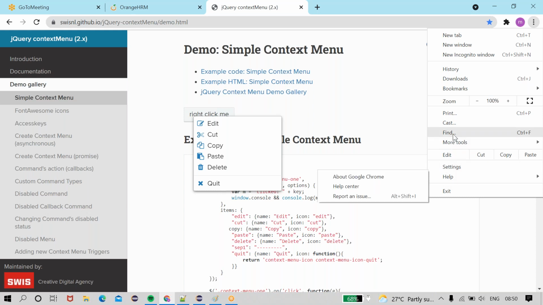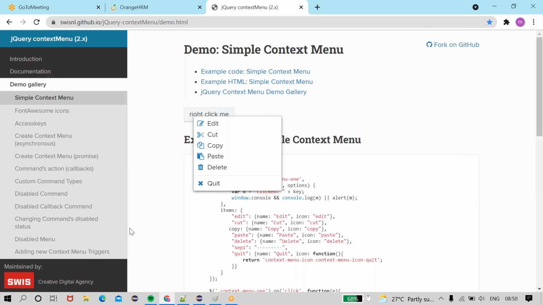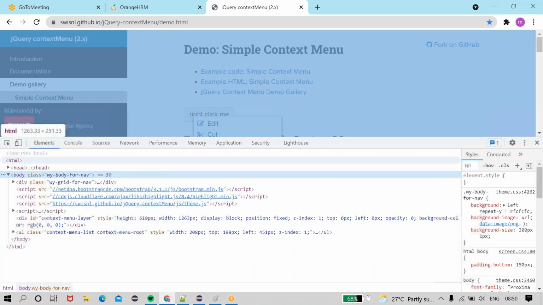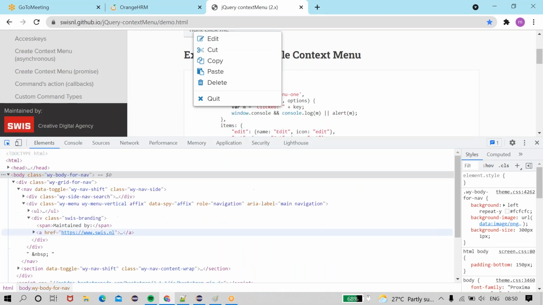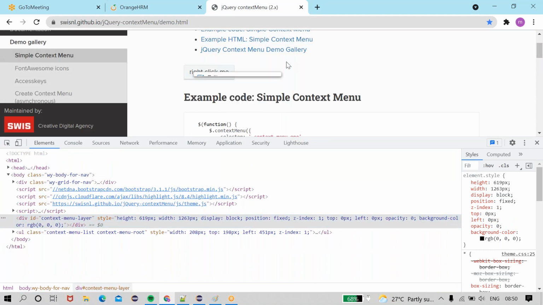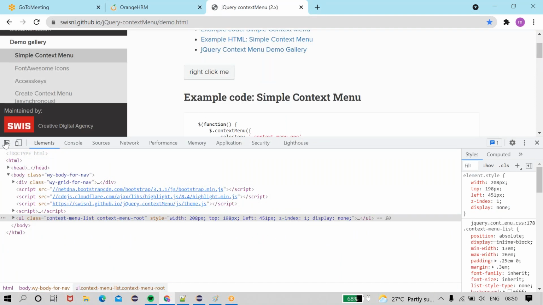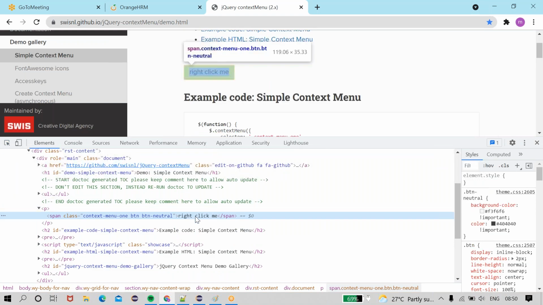One second, Google Chrome, more tools, developer tools. It will open the console. Then by using the inspect method, I am going to inspect this.